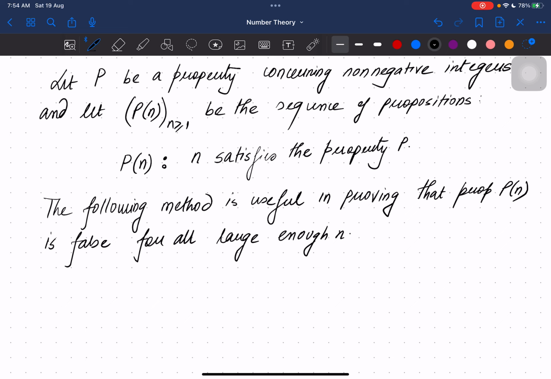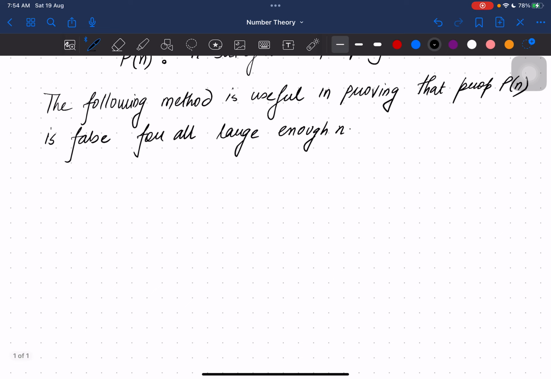So let us see what the method is. Let k be a non-negative integer,